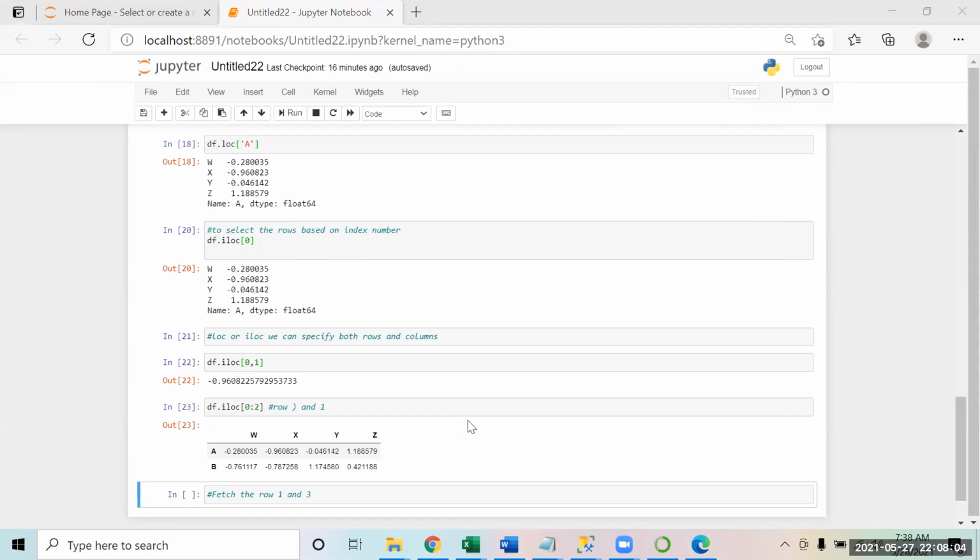Yes, Radhika. So iloc 0 and 2. Perfect. So this is what we'll do.